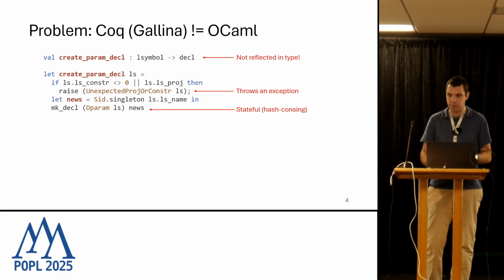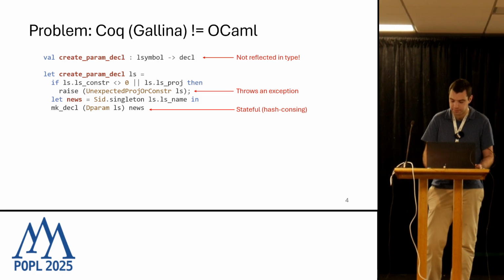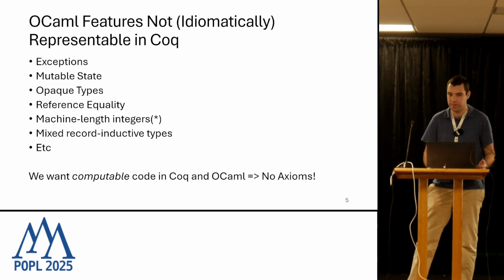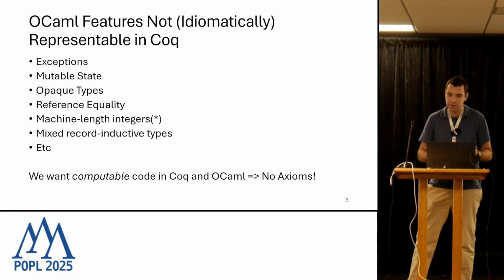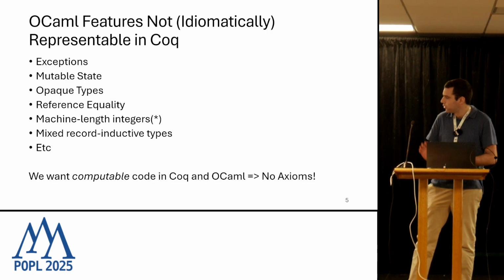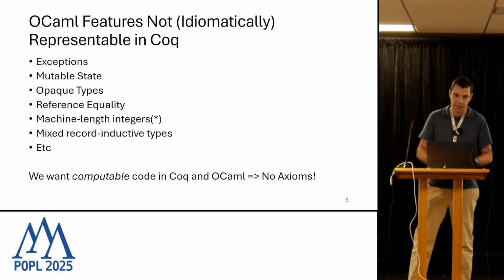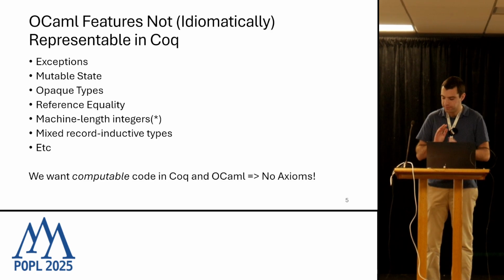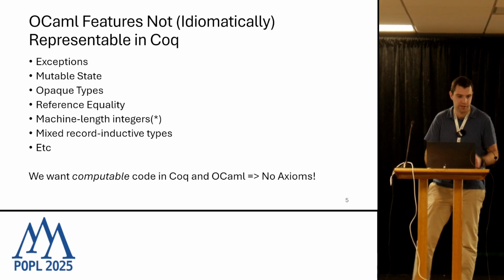So we can't really represent this using the same kind of Coq type. And there's a lot of features that fall into this category where we can't implement them, or we can't implement them idiomatically with the same type in Coq. I'm going to focus in particular in this talk on exceptions and immutable state, but there are many others as well. And a key constraint that we have for a particular application that I am using this for